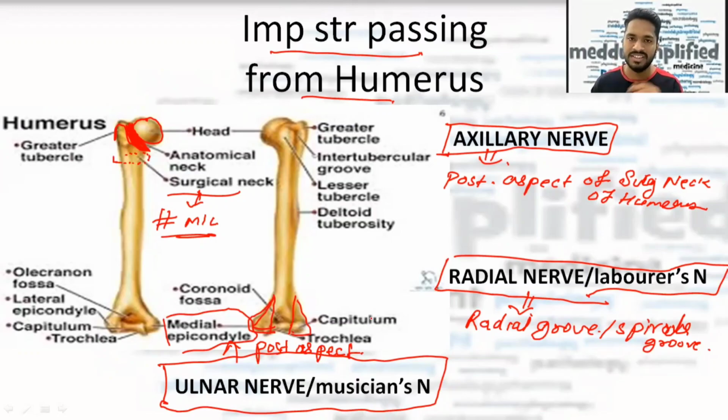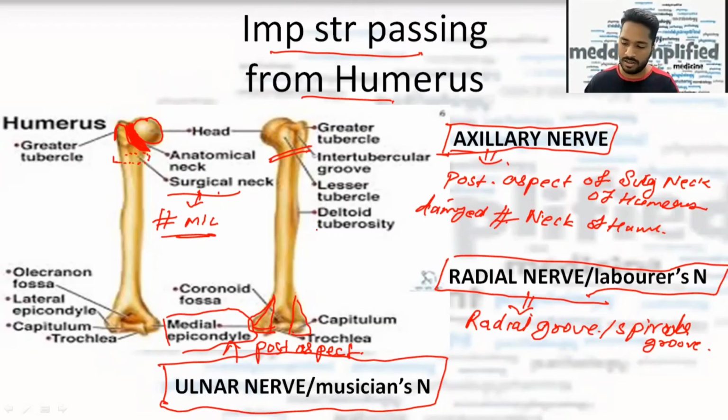Now, the question comes that there is a patient who had a road traffic accident, he fell from his bike, and he had a fracture at the neck of humerus. They are not writing anatomical neck or surgical neck, but they are writing the neck of humerus. We know surgical neck is the most common site of fracture. So which of the following nerves will get damaged? And they'll give the random options. So the answer there will be axillary nerve, which is damaged. When is it damaged? At the fracture of neck of humerus. If the neck of humerus is fractured, it will damage the axillary nerve with it, right?